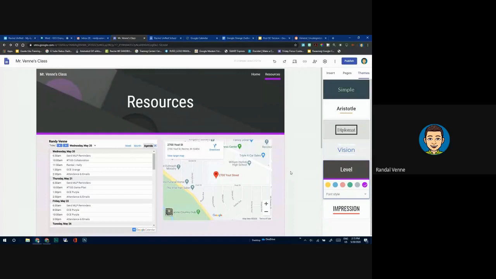That is definitely not the way to get people to view your site. If you want to share this with parents, students, other colleagues, and you just want them to look at what you have on your site, that's this button right here that says publish. So when I click publish,